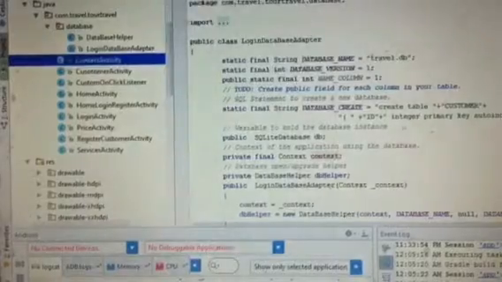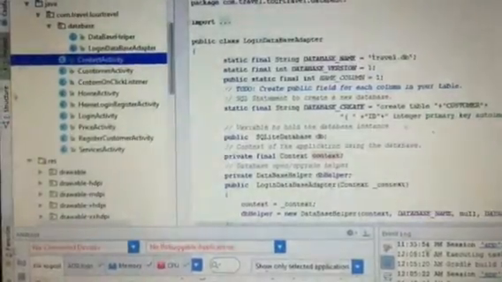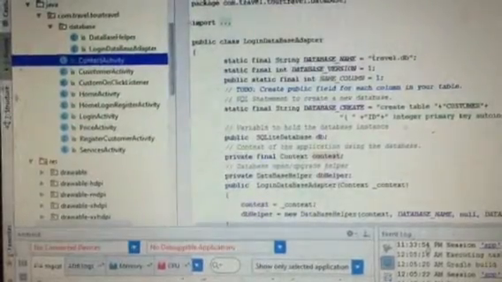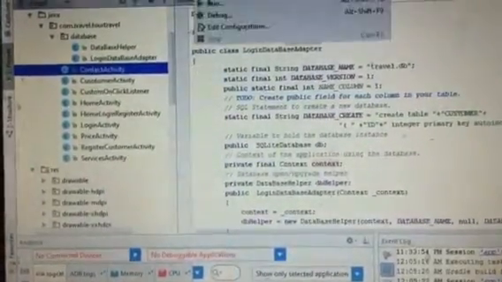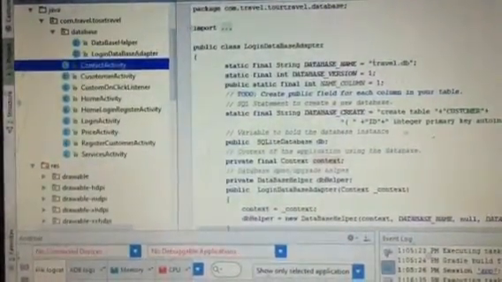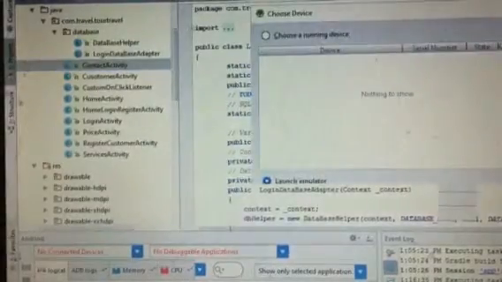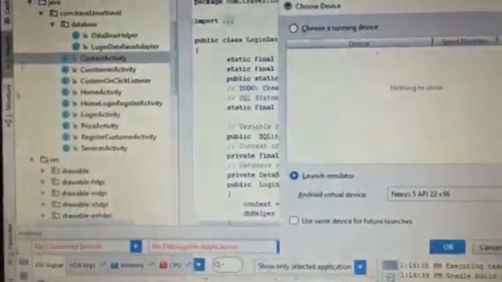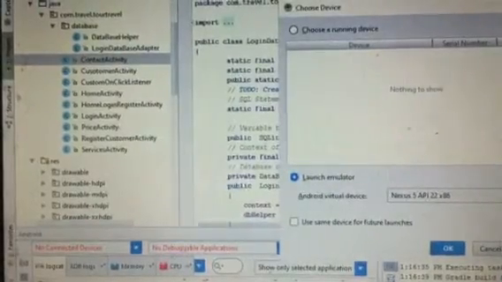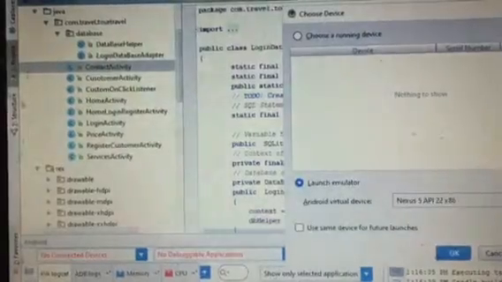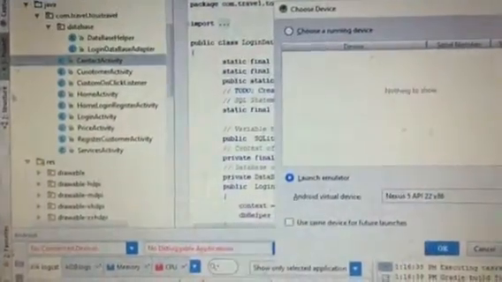Now that you have seen the different code, I'm going to compile and run my Android app. Another thing I want to tell is that for navigation between the different layouts, I have used Java files.